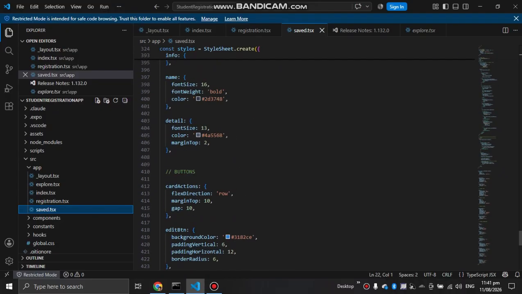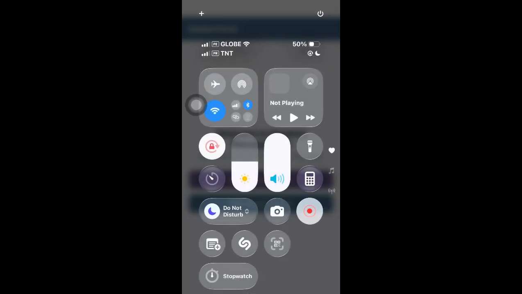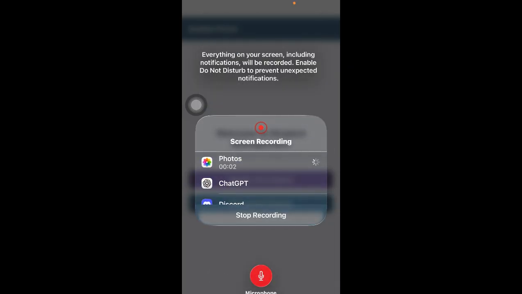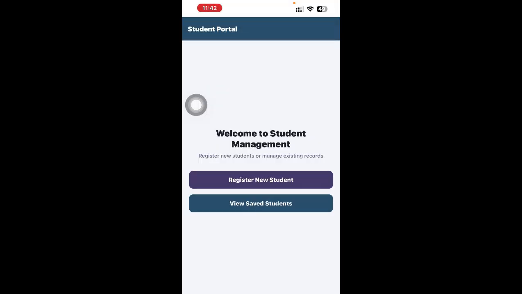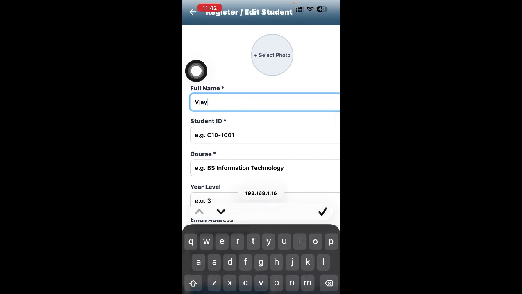And that's also it, let's proceed from the code to the output. So this is the output as I present it on the cellphone, the student portal. Welcome to Student Management, register new student or manage existing records. If we click register new student, then let's say VJ Sigman,